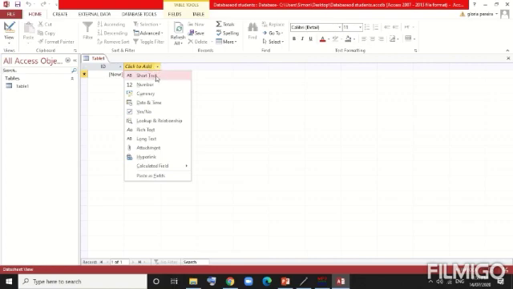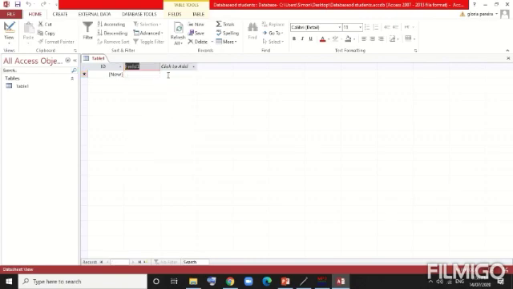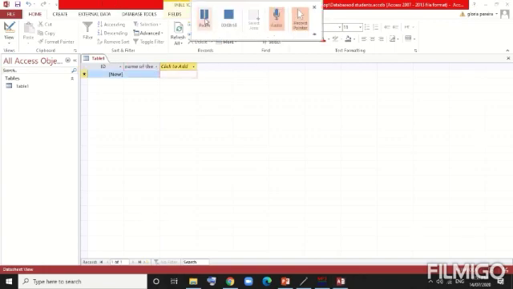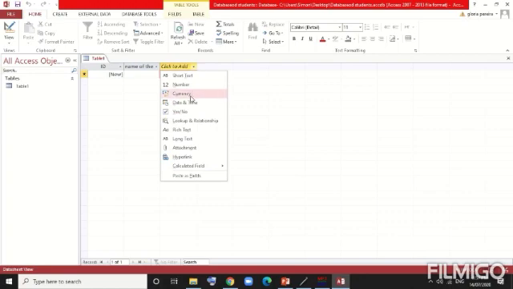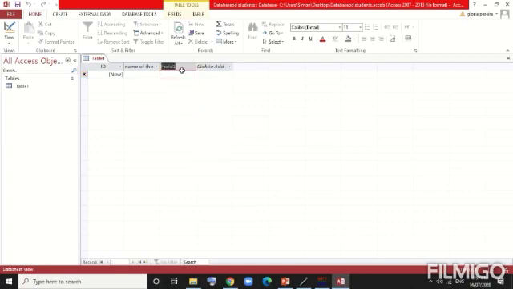For example, I'm going to add the name of the student. So I'm going to write over here, this field is for the name of the student. So student name can be a short text. Here I'm going to write the name of the student. The next field that I'm going to add over here is, I can add a long text for the address. The next field I'm going to add here as number.